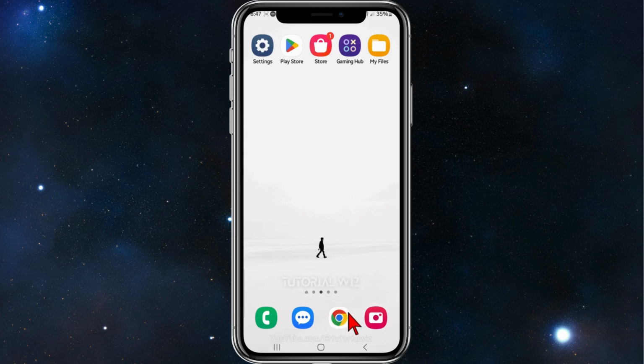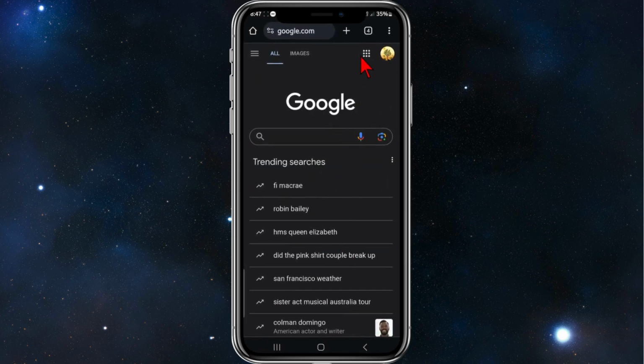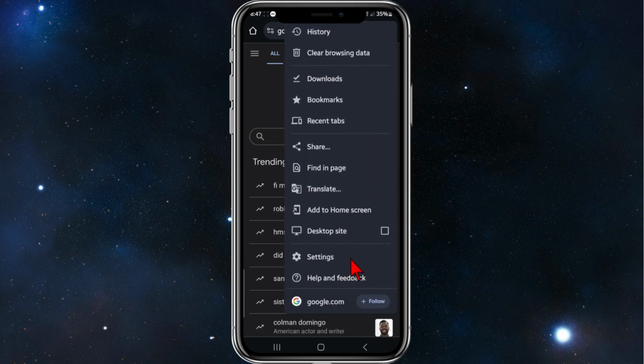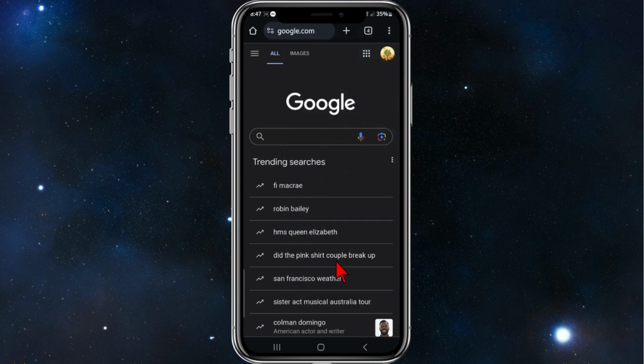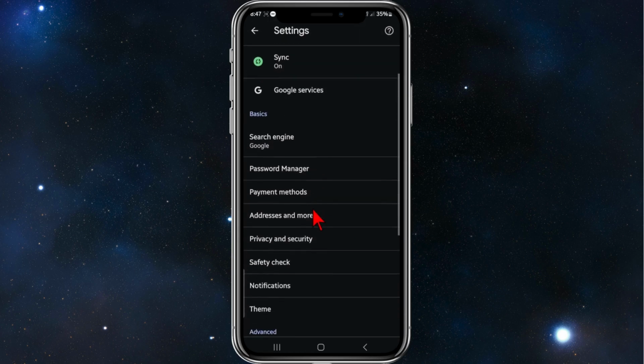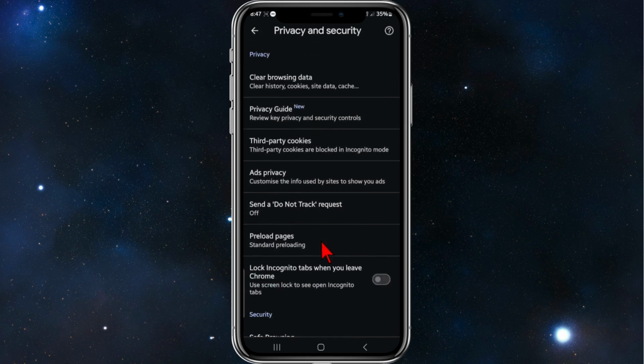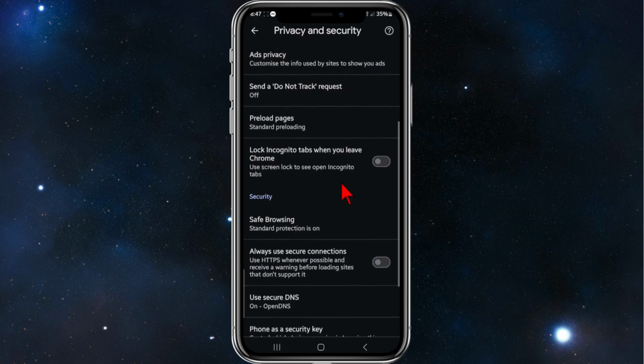Alright guys, open up Google Chrome on your phone and then you want to click on the three dots, top right hand corner of your page that you see here. And then you want to find the settings tab. So go ahead and click on settings. And then from here, near the bottom, privacy and security, click into that and then scroll down, and where it